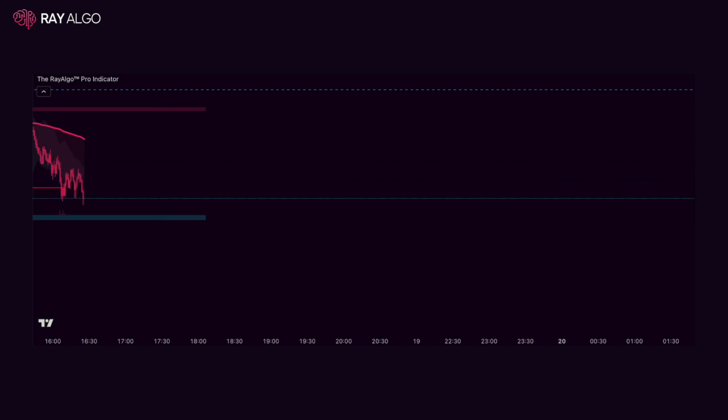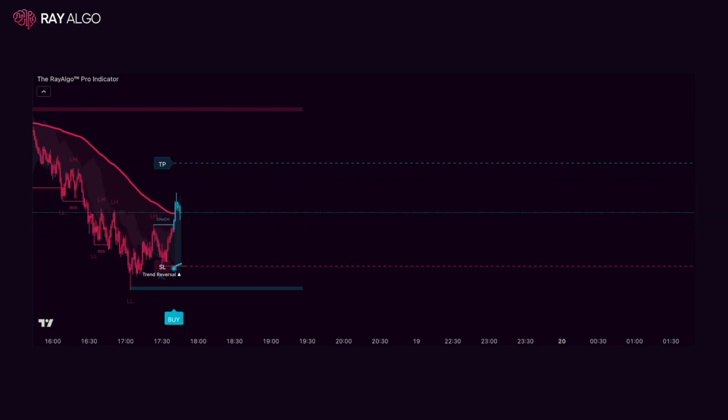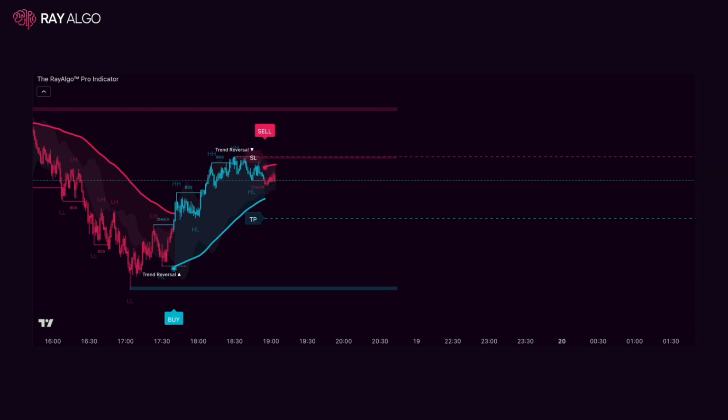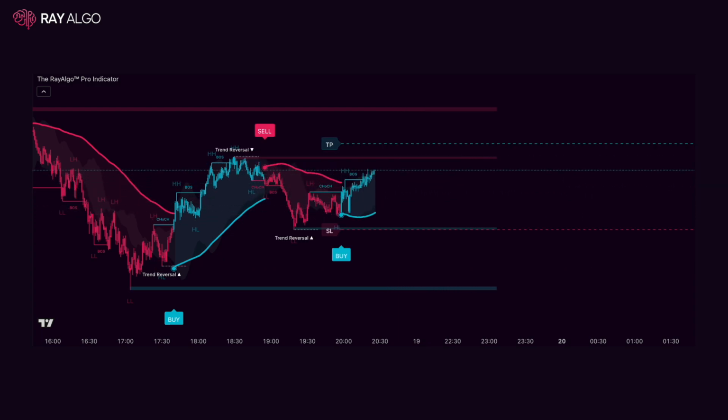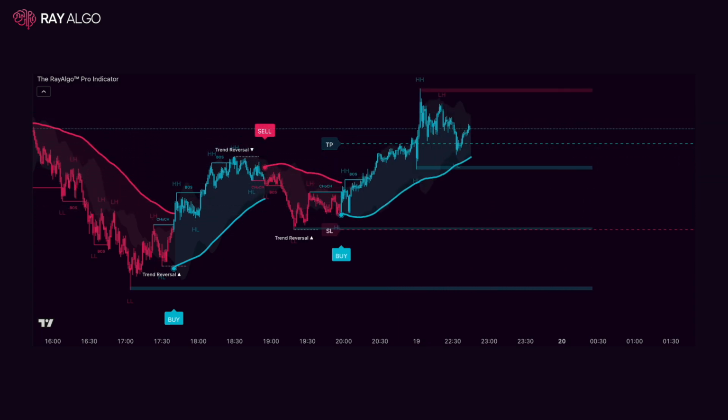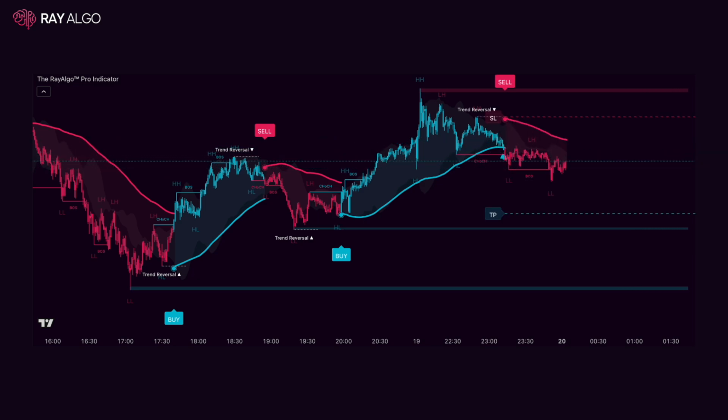Now let's move on to the automatic support and resistance zones. Support and resistance zones act like the market's memory. They mark areas where price previously had strong reactions, so they might react again in the future. A resistance zone, colored pink, is above the current price, historically a place where sellers overwhelm buyers and price reverses